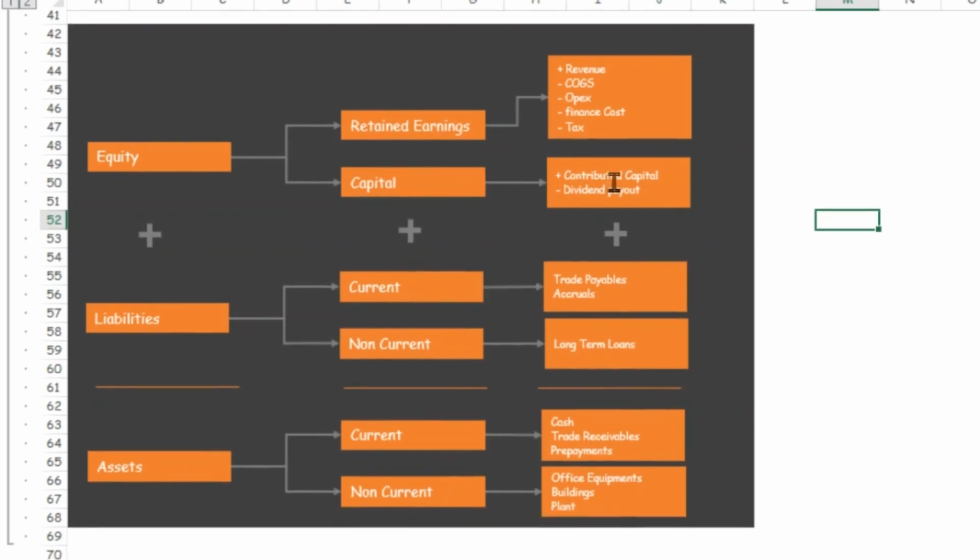So the capital is going to be contributed capital. If it's a sole proprietor, it's going to be that which comes from him and him alone. If it's a group of individuals coming together, then it's going to be capital contributed by all of them. And then the only thing that might reduce this capital, that's within the capital,